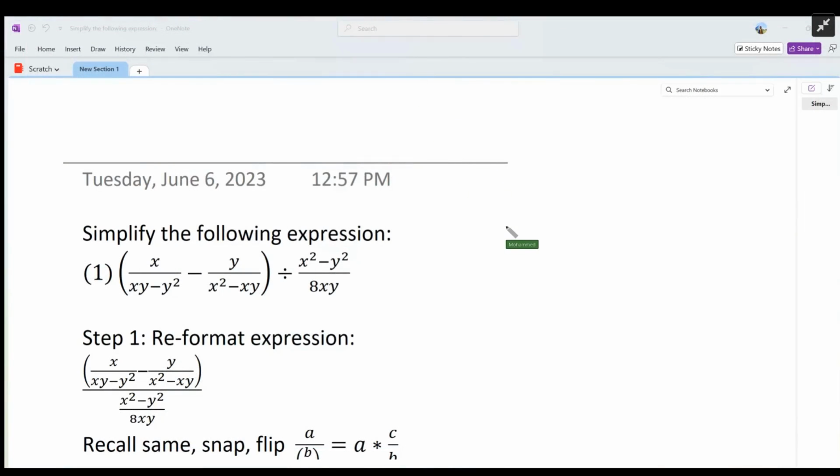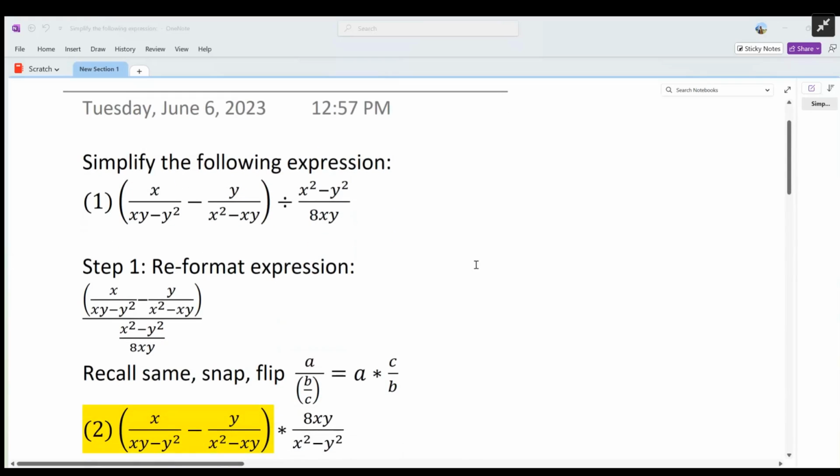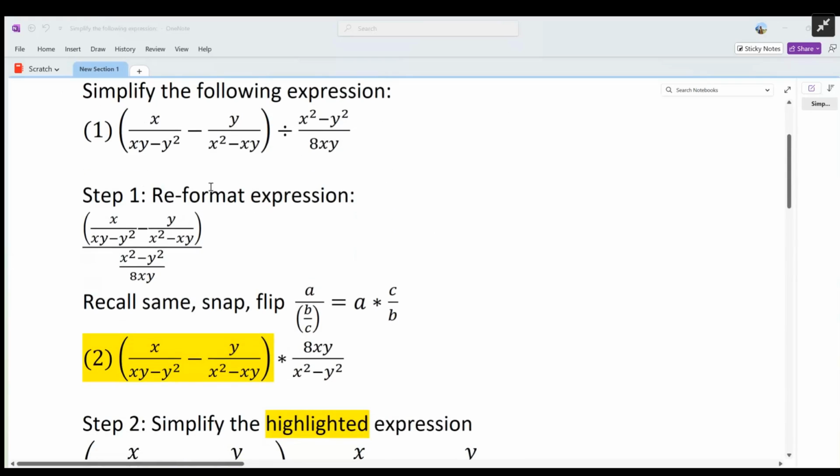Howdy. So this question was to simplify the following expression: x over (xy minus y squared) minus y over (x squared minus xy), and then that's all divided by (x squared minus y squared) over 8xy. So the first thing I'd like to do is reformat this algebraic expression. You can just turn this into one big fraction, and then if you recall, when I was in elementary,